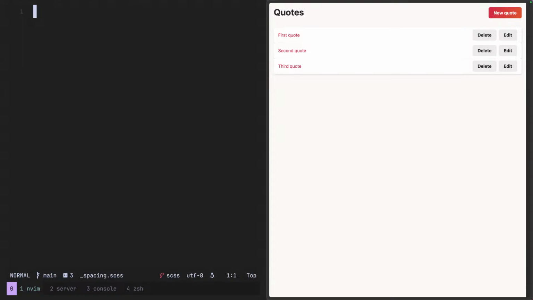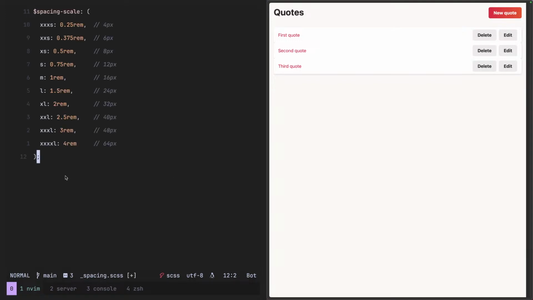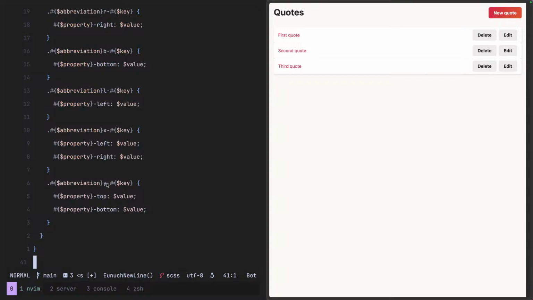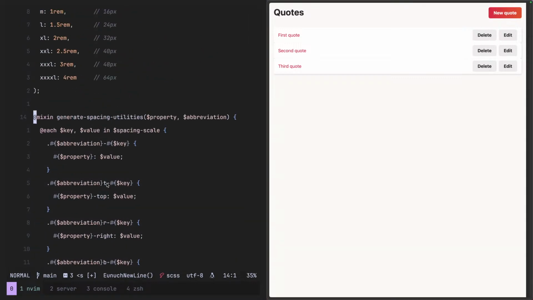And this needs to have our spacing scale, but we need this as a map. And then if we use Sass to generate our spacing utilities, this is going to give us an example of